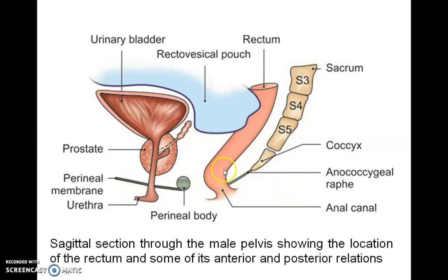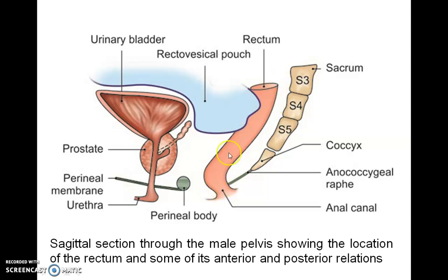This is the rectum. It is situated in the posterior part of the lesser pelvis, in front of the lower three sacral pieces of the sacrum and the coccyx. It is placed behind the urinary bladder in males and behind the uterus in females. It is 12 centimeters long and its diameter is 4 centimeters where it continues from the sigmoid colon. In its lower part, it is dilated as the rectal ampulla and becomes the anal canal at the anorectal junction.